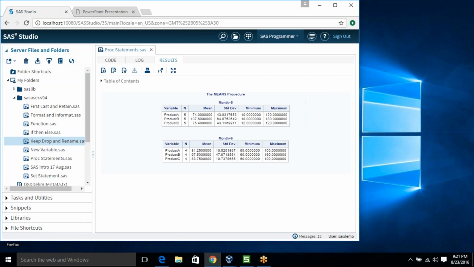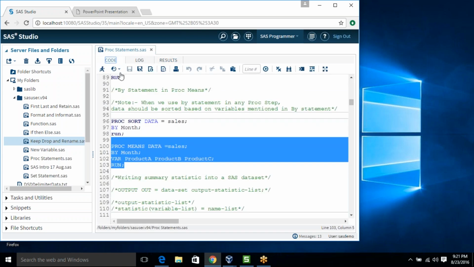If you want to do the same thing on the customer level, then you have to specify the customer ID.